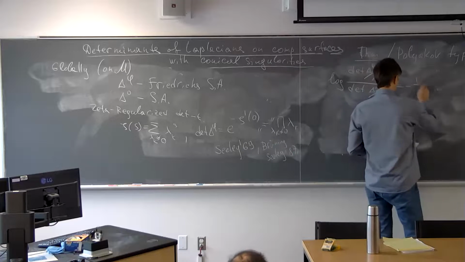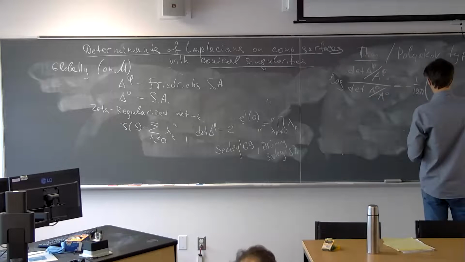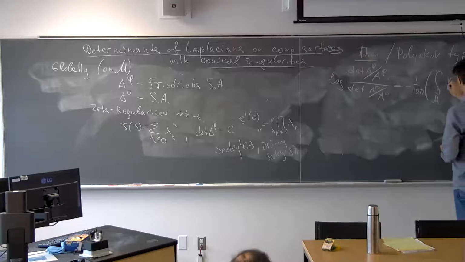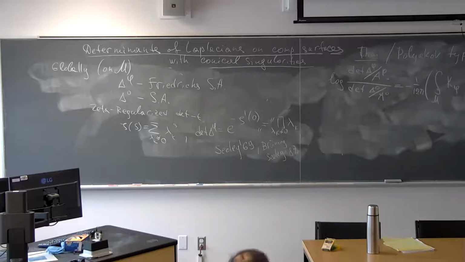This equals 1 over 12 pi, then the integral over M of the Gaussian curvature of the metric M phi, so of the metric with conical singularities, times phi, and integrated with respect to the area of